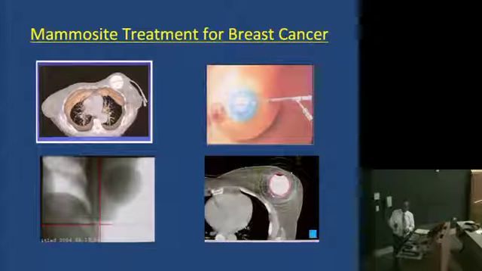This is an example of breast cancer that's being treated with brachytherapy. In the past, this patient would receive 7 weeks of treatment, one treatment every day. But with proper selection, you can treat these patients in 2 or 3 sittings using the high dose rate brachytherapy, which is inserted in this balloon at the tumor bed.